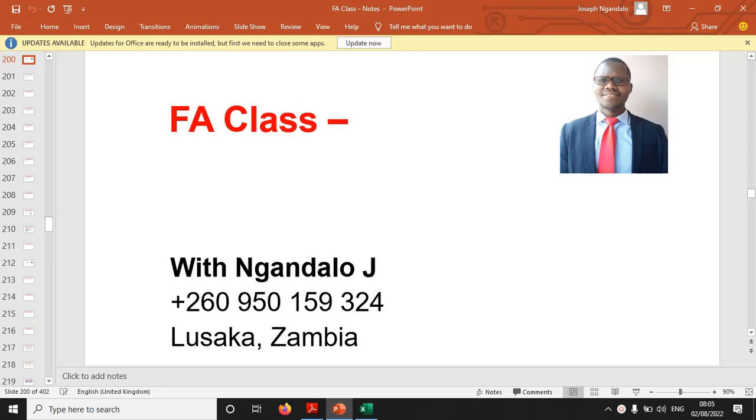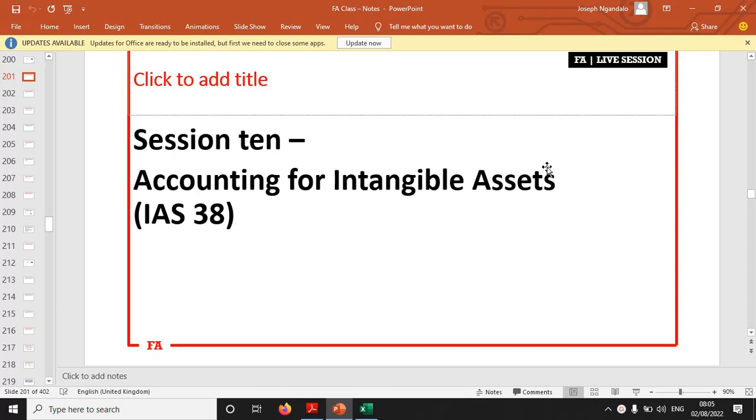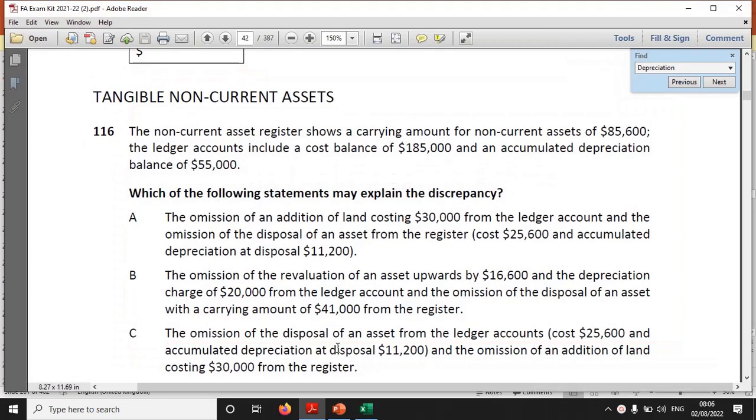Today we're supposed to look in theory terms at this particular topic, accounting for intangible assets. But I thought that we can start with some questions on tangible non-current assets. And without wasting too much of your time, I'd like to go to this particular document on Kaplan, tangible non-current